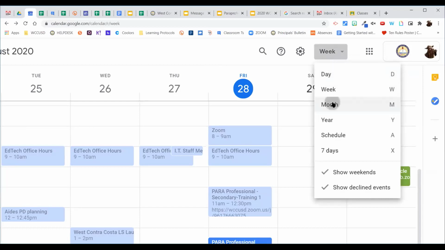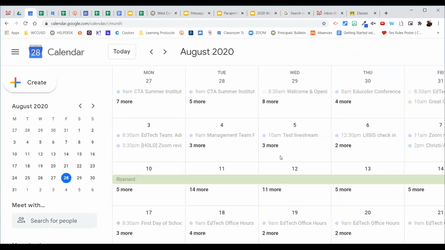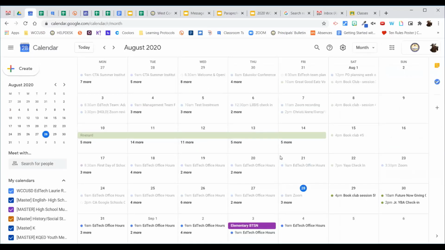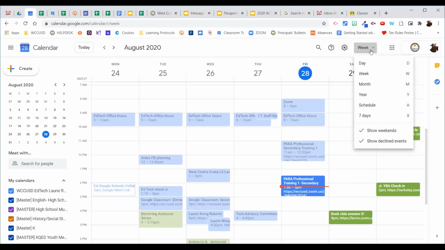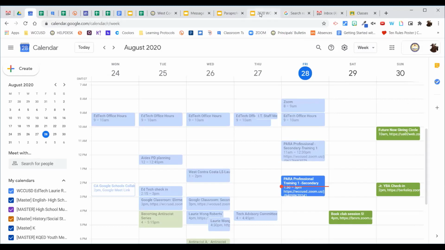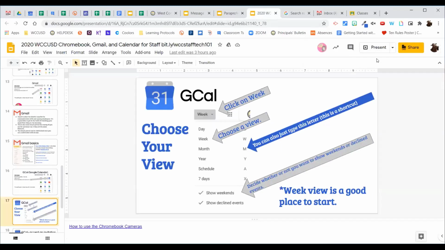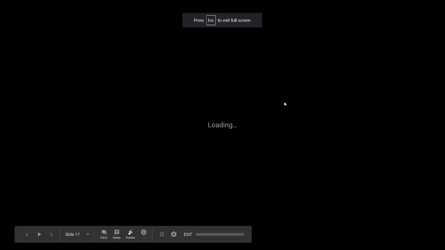So if I click on month, it gives me a month view, okay? I can very easily go back to week view by just using the W key on my keyboard. So I'm just going to tap W and it goes back to week. So there are some choices there. Just remember, click here on the box right next to the waffle and it will give you your choices. And you can just go ahead and click around and see which one you like the best. I personally like week, that's my favorite one.